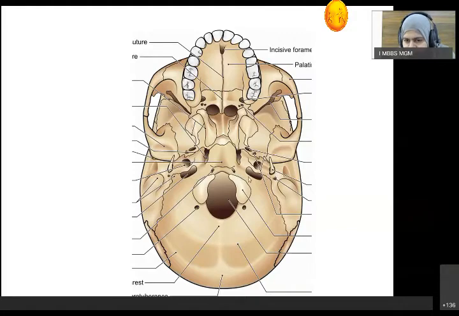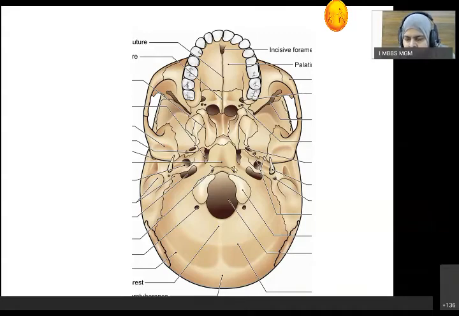Then what are the things which are attached to the mastoid process and styloid process? On the mastoid process, there is attachment or origin of the posterior belly of the digastric muscle, as well as one of the muscles of the neck region, that is the sternocleidomastoid muscle. About the styloid process, a few ligaments and muscles are attached over it. We'll discuss the attachments on the styloid process later on, in the next lecture.